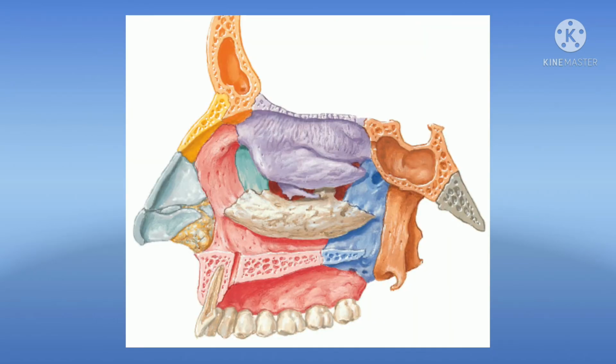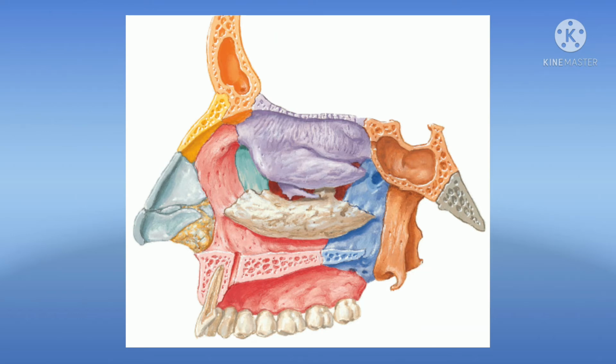The bony part of lateral wall of nose is formed from before backward by the nasal bone, frontal process of maxilla, lacrimal bone, labyrinth of ethmoid with superior and middle conchae, inferior nasal concha which is an individual spongy bone, perpendicular plate of palatine bone together with the orbital and the sphenoidal processes, and medial pterygoid plate of sphenoid